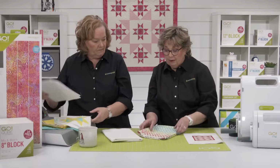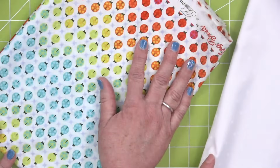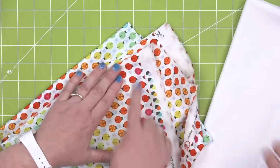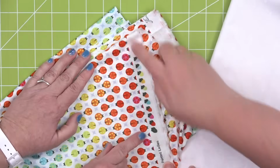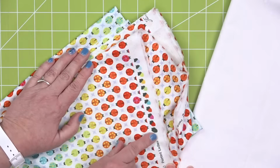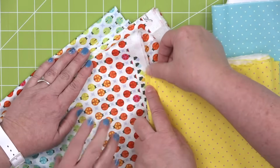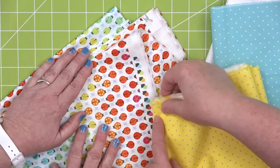Okay, I want to just show everybody a tip. Now this fabric, it's really easy to look at and pull out colors for accent colors and see if it works. But if that's not something that you're comfortable with, take a look at the selvage edge of your fabric. You can see how she's got little acorns. I'm cutting the selvage for you. These are your color registration dots, and they've gotten really creative with them. Sometimes they're just circles, but here it's going to show you all the colors that are used in this fabric. So it pulls them out, and it makes it a little bit easier for you to match up your colors if you're having any